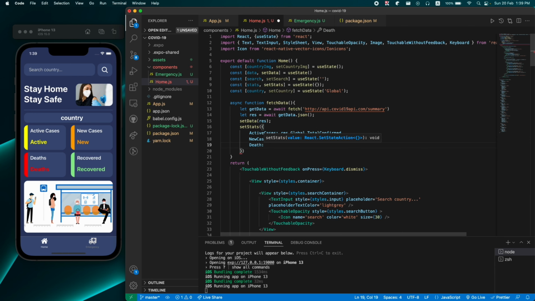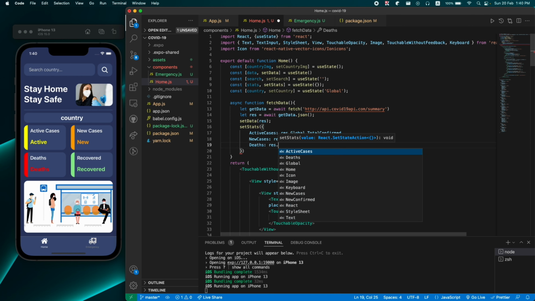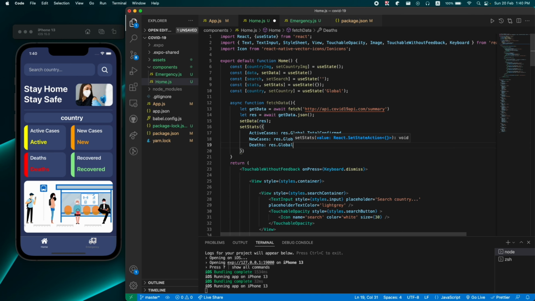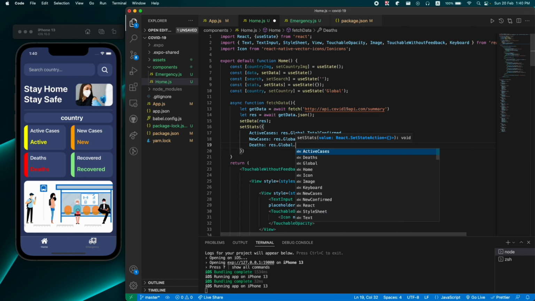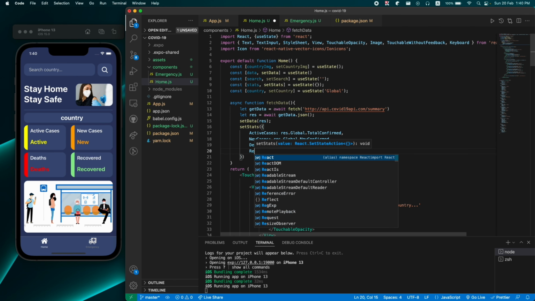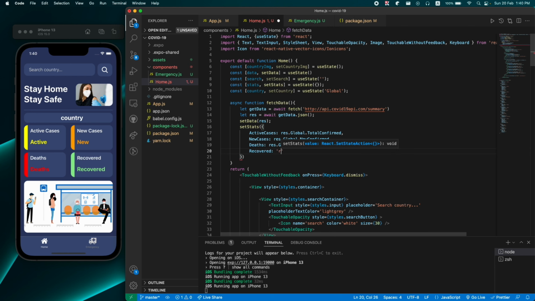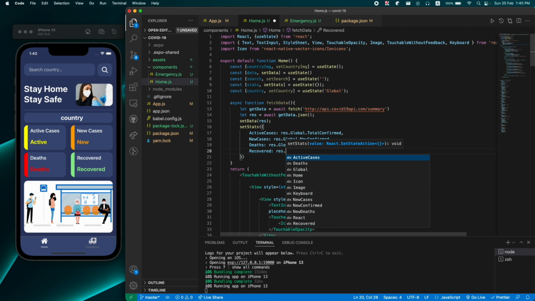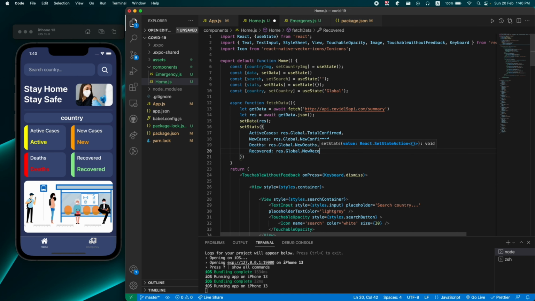And for the deaths, response.global.new deaths. Recovered, response.global.recovered, right? So it's an object which is coming from this API link and stored into the stats variable